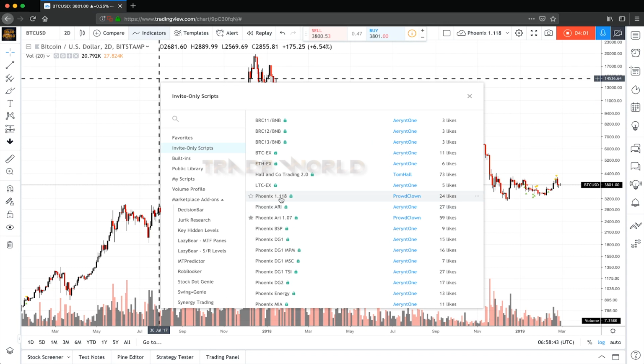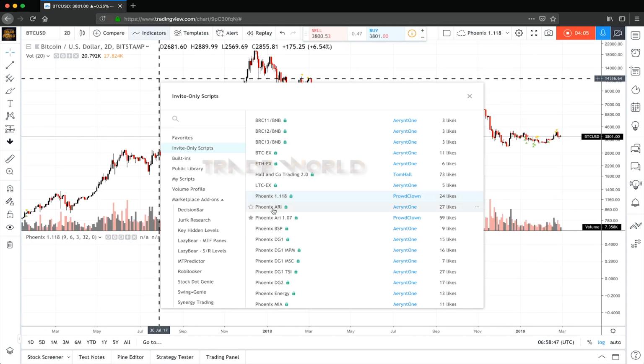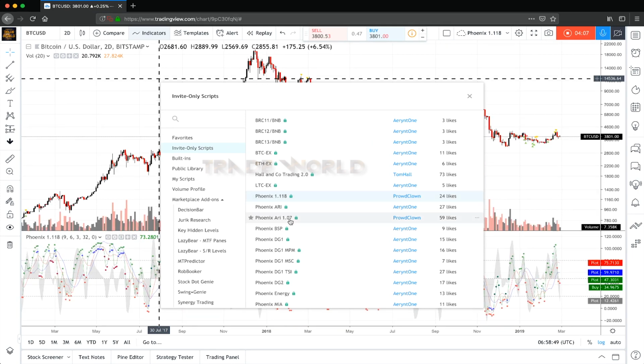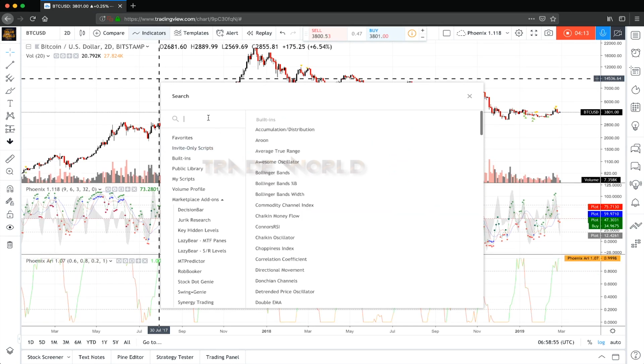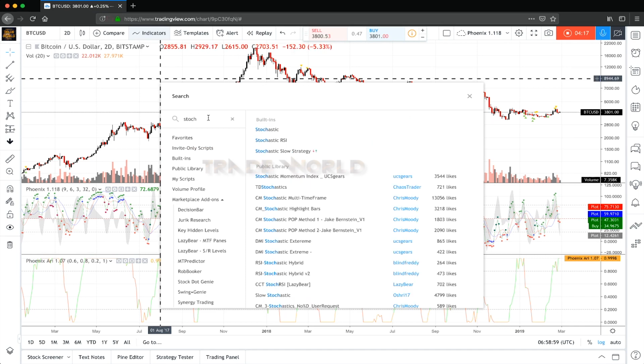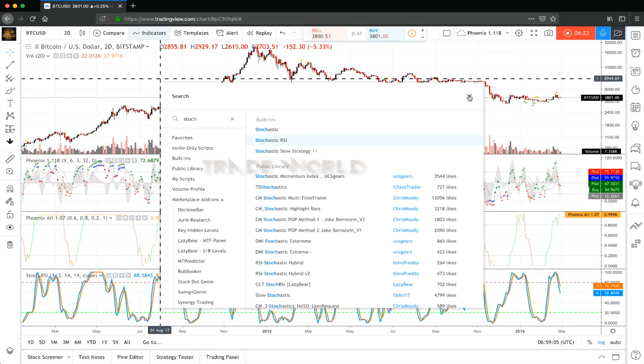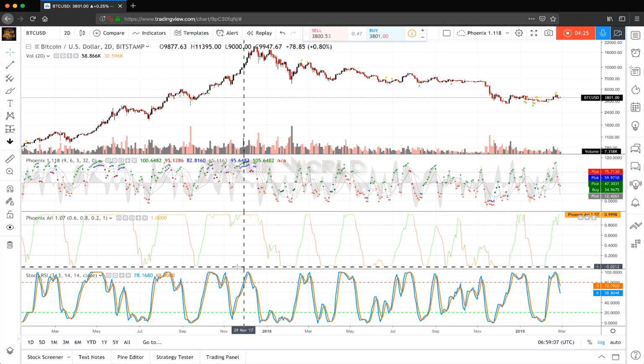Alright, so let's say you see Phoenix 1.118, you go and choose that, and go and choose Phoenix ARI 1.07. That's the one that I have for you. And you're going to add, just enter into the search STOCH for short for stochastic RSI. Come over here to stochastic RSI and choose that. Alright, now that we have those three,